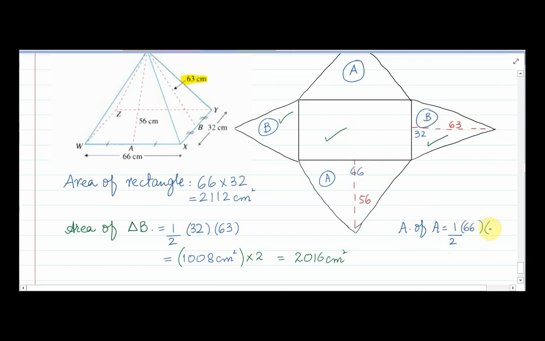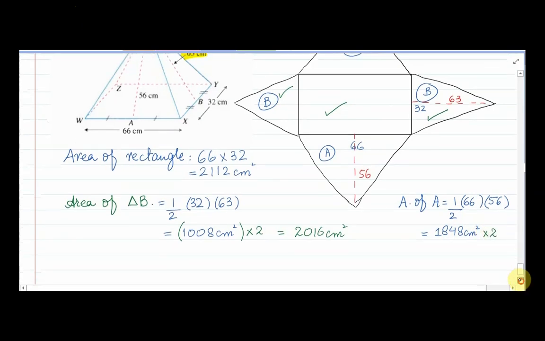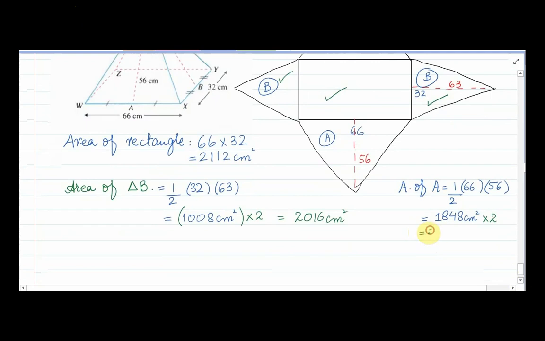The value of height, it's 56. So 66 times 56 divided by 2, it's 1848 centimeter square. Like B, we have two triangles A, so we need to multiply the value by 2. So that is equal to 3696,